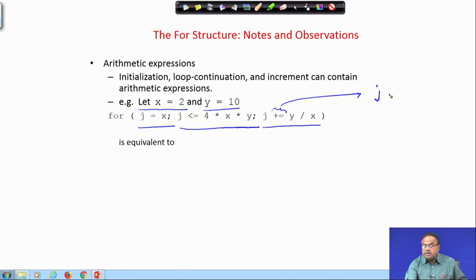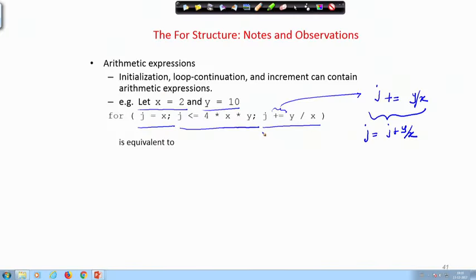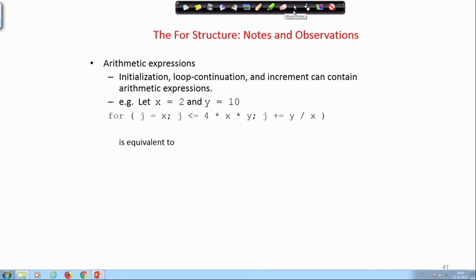I do not like it very much, and initially you did not bother about this. j plus equal to y by x is C syntax expressing j equals j plus y by x. So, the whole thing can be written in this way. But that is not important for the purpose of understanding for expressions. So, here is just an expression,